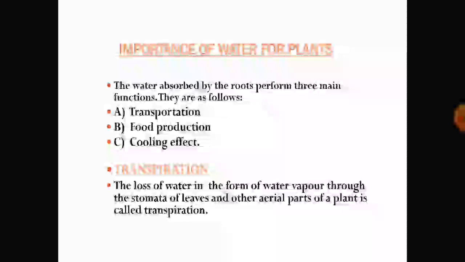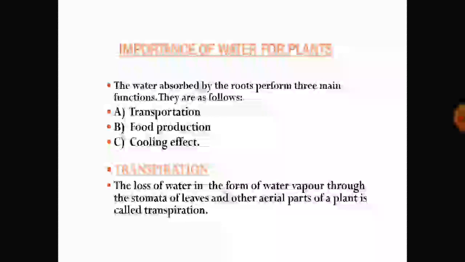Importance of water for plant. Water is important for plants for three main functions. What are they? First is transportation. Water helps in the transport of minerals and other substances from one part of the plant to another. Second function is food production. Water is one of the essential requirements for photosynthesis along with sunlight, carbon dioxide and chlorophyll. Third is the cooling effect. Evaporation of water from the leaf surface helps to cool the plant, and